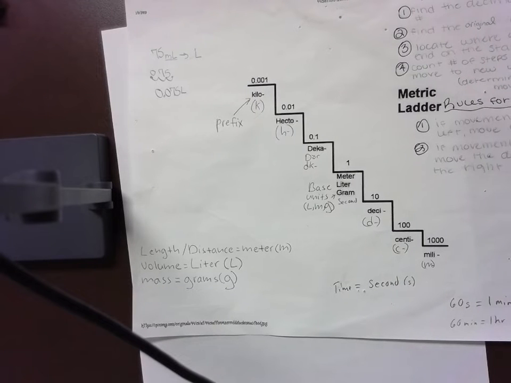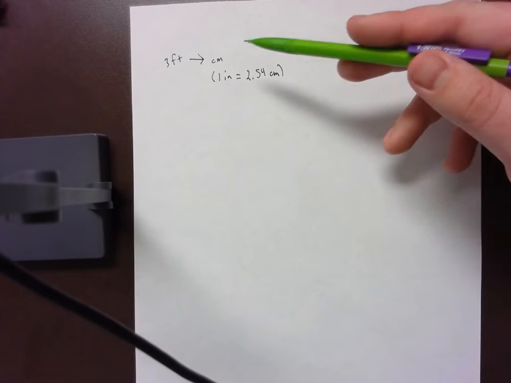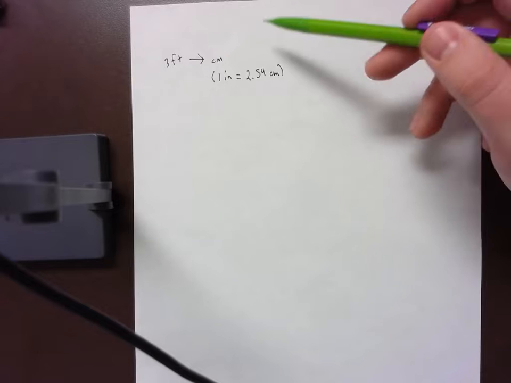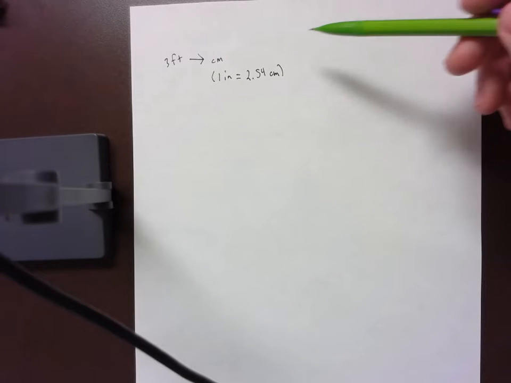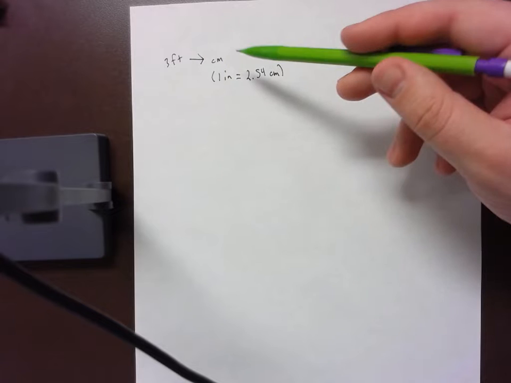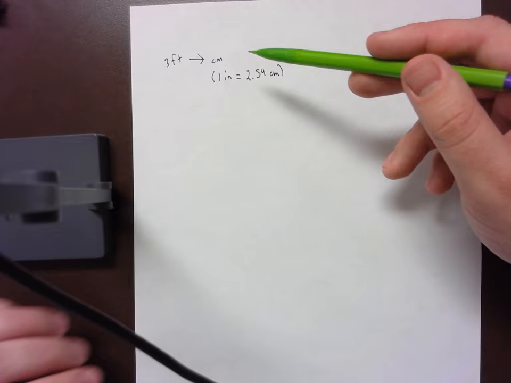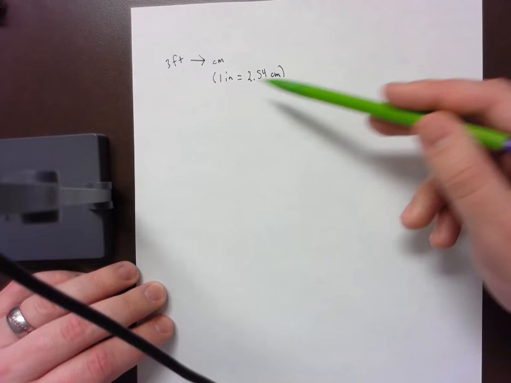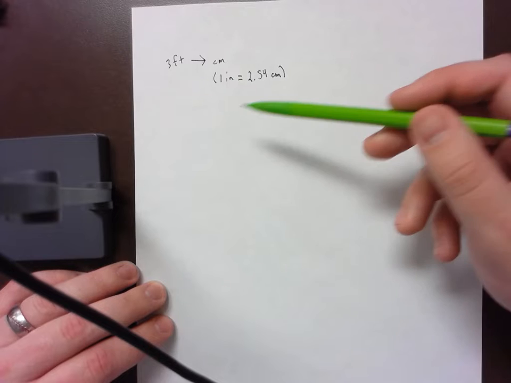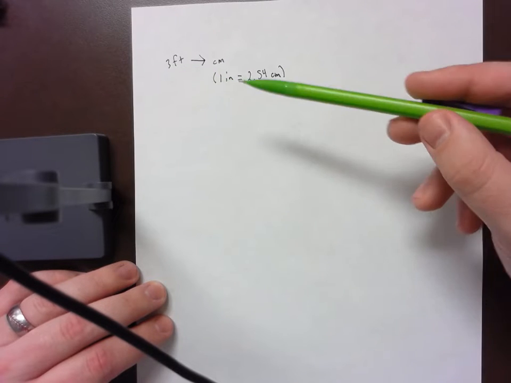Alright, so here we have a problem if we're trying to get feet into centimeters. So we have to set this up. So this is actually going to be a little bit of a 3-step problem. So you're going to have to get our feet into inches because you're given the conversion for inches to centimeters, but you're not given how many centimeters are in a foot. So what you'll do is you will do 3